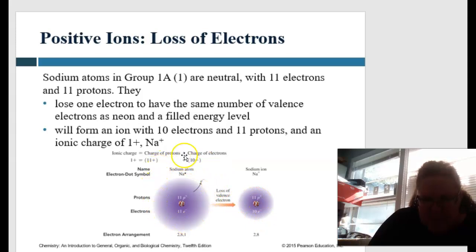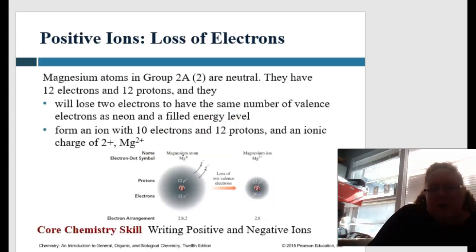So, yep, Na+, and then their loss of the valence electrons, right? And that's how you end up getting the loss, I'm sorry, not sharing. Specifically talking about magnesium,